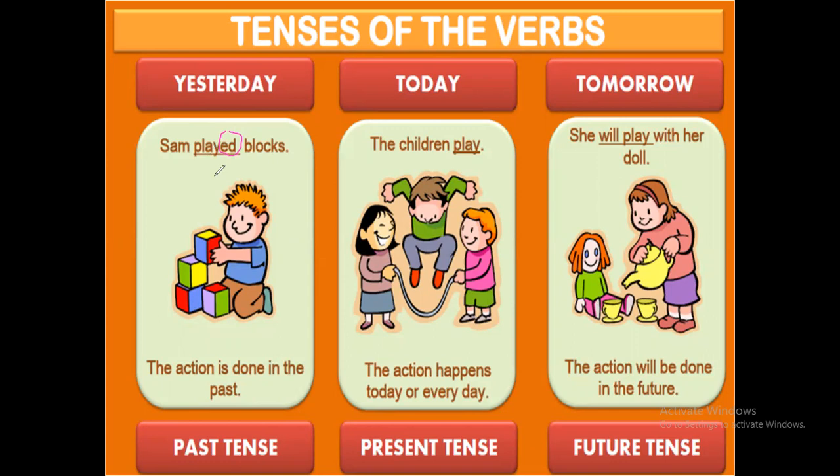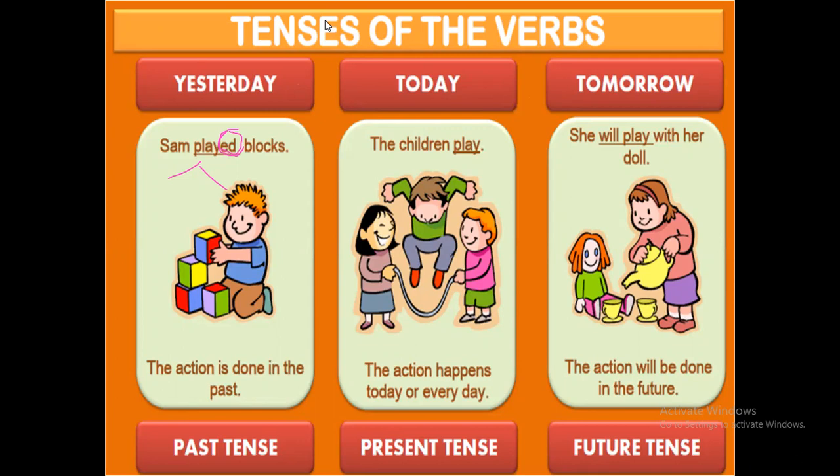We have two kinds of past verbs: regulars and irregulars. We will add ed to the regular verbs and we should memorize the irregular verbs. For some irregular verbs we change the vowel, like give, gave, become, became, and we must memorize the others like buy, bought, catch, caught, say, said. So we should memorize the irregular